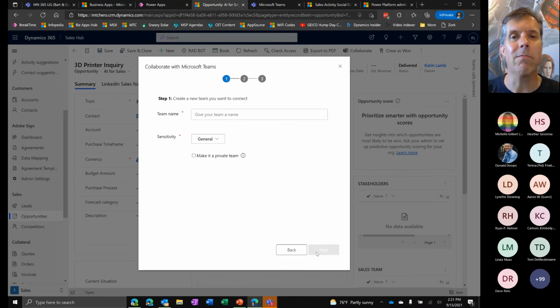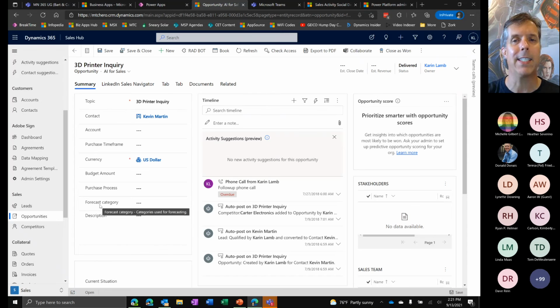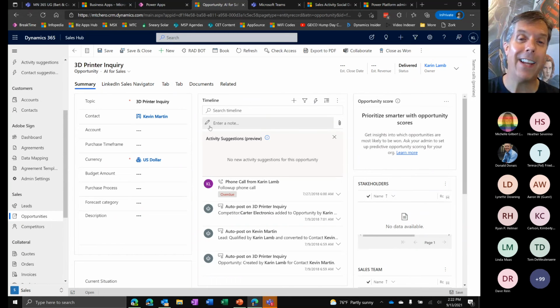I just haven't ever done this in this particular tenant, and I know that the Teams provisioning for this particular user is enabled, so it wouldn't be a valid test yet. Anyway, I'd have to go disable it for this user to make that test happen. So, anyway, good stuff. I like the questions. I just don't happen to have that answer.